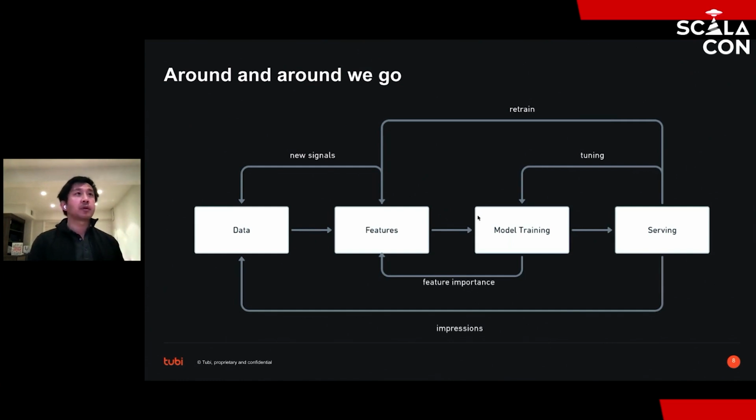The different features will go into models and it will produce different rules. And we'll need to tune the model using different hyperparameters based on the performance that we have. And pretty much every component within this system will have a feedback loop that needs to be run continuously and monitored continuously in order for machine learning to be operationalized successfully.